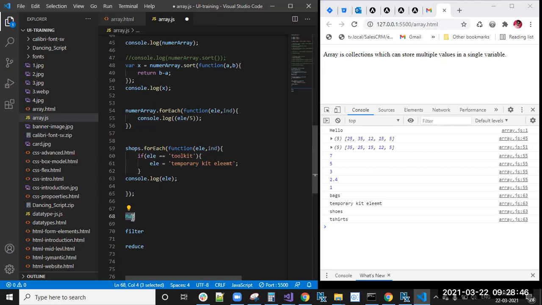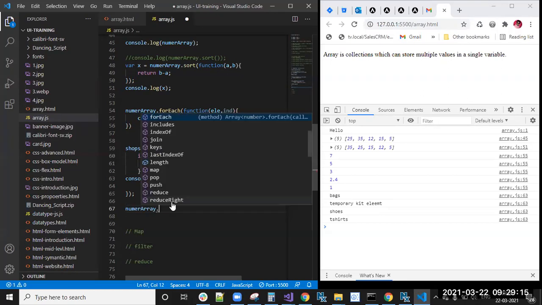Suppose I have five elements in that array, it will not change the number of elements. It will just apply some calculations, like addition, multiplication or division. Okay, so we'll see the live example.